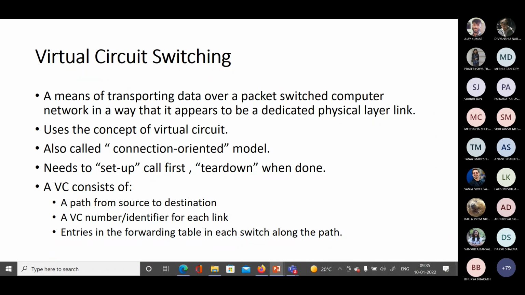I'm sure that all the BTech students who took my computer networks course are aware of virtual circuit switching. BTech students, can you answer this question? You have read about virtual circuit switching, right, in the computer networks course?